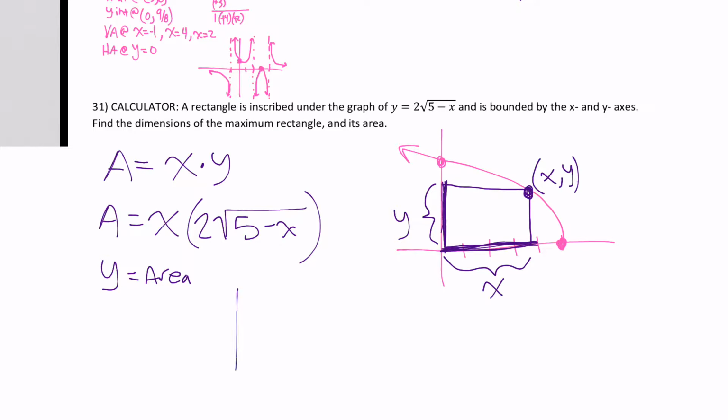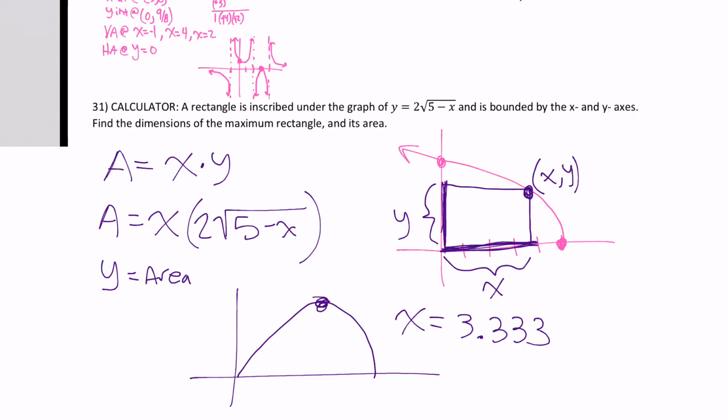So when you graph that, you'll get a pretty cool looking graph that looks kind of like half of a guitar pick. It looks something like that. Kind of like a parabola that's leaning to the right a little bit, and we want to calculate that maximum value. So second trace gets you to calculate option 4 for maximum. Left bound, go to the left. Right bound, go to the right of that maximum. We know that 5 is to the right of it, so I'm just going to type 5, guess, hit enter, and it's going to tell me that this maximum right here occurs when x is